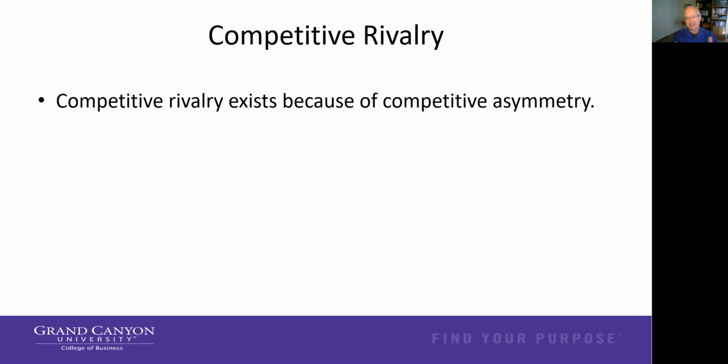Competitive rivalry exists because of competitive asymmetry, which describes the fact that firms differ from one another in terms of their resources, their capabilities and competencies, and the opportunities and threats in their competitive environments and industries. It's important that firms see that competition results in mutual